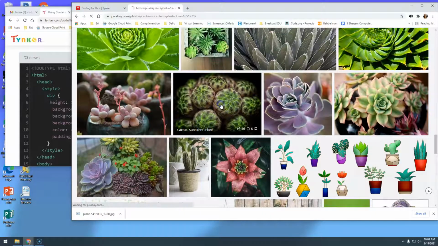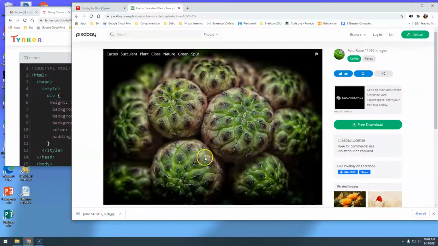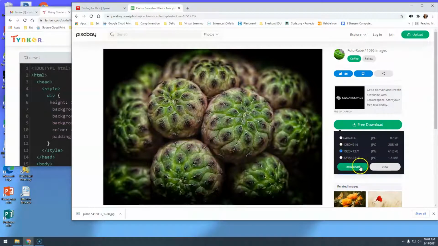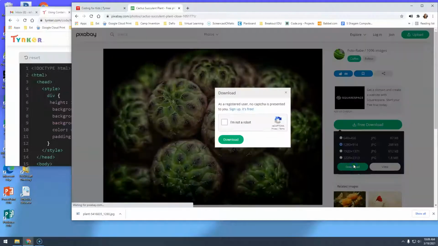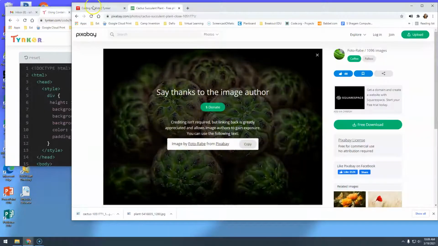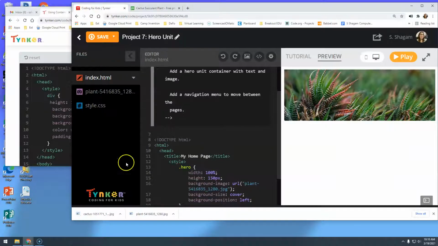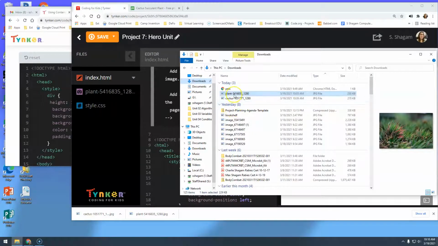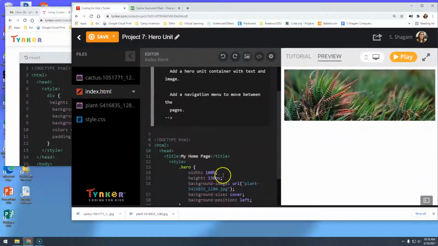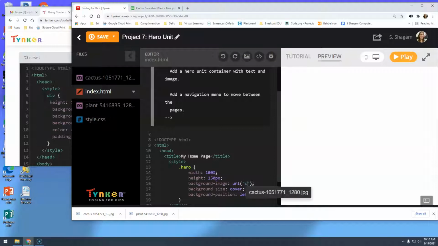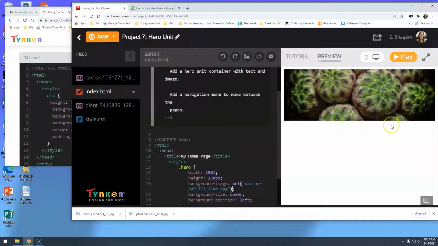Oh, those are living stones. Super, super cool. I'm going to download that one. I'm not a robot. I mean, I am, but shh, don't tell anybody. I'm going to try this one instead. Let's see if it looks... Yeah, I'm going to go with that one just because